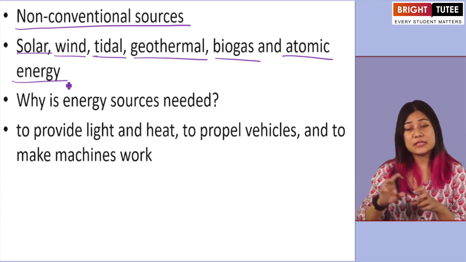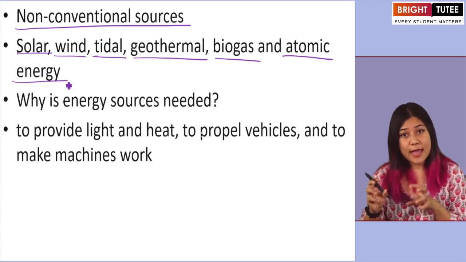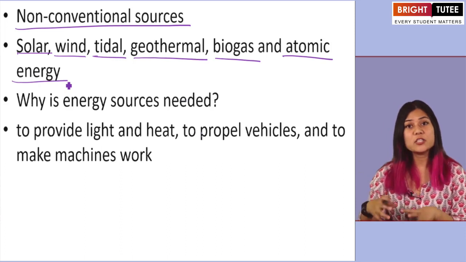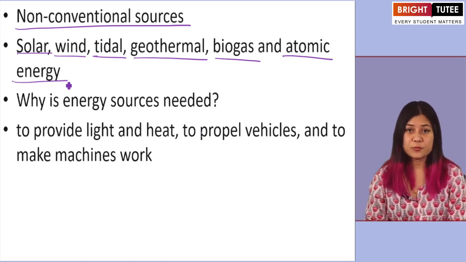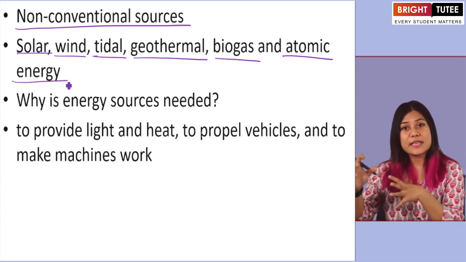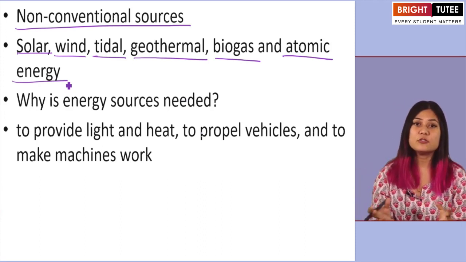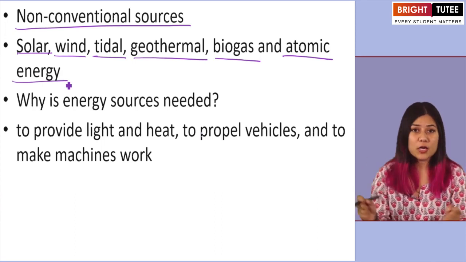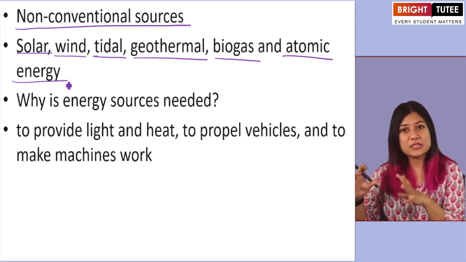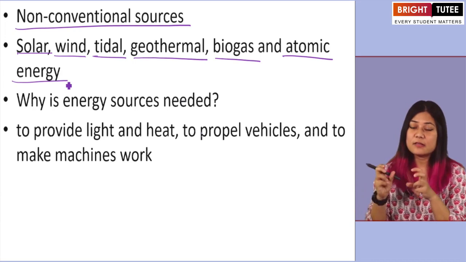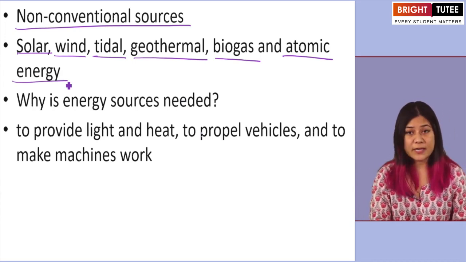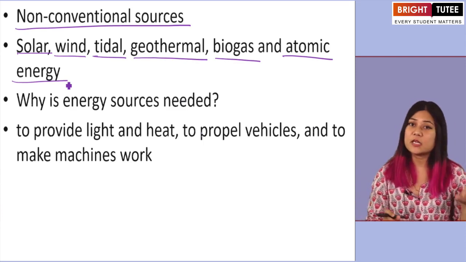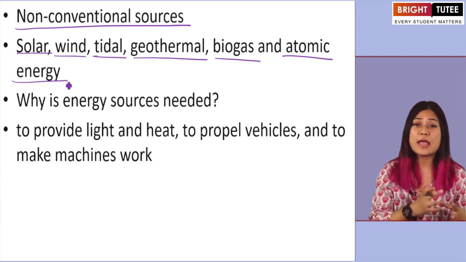Now these are energy sources which are there in the environment, which are available, but they are somehow made to use, or worked upon. People work with these sources to make use of them as energy sources for the people. In the conventional sources, they don't have to work with it. They don't have to do anything with it.